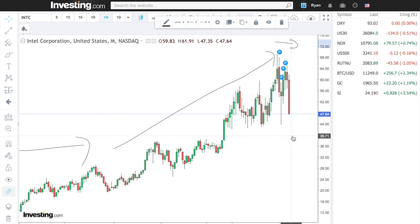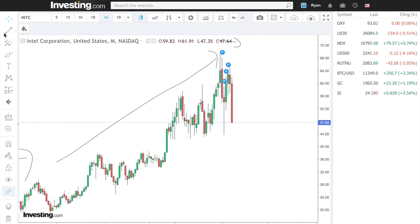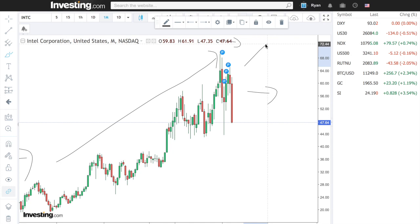Intel can do one of three things. It can go sideways, which is its current direction right now. It can continue to go up and make a second run. That's not the strangest of things. Or it could continue to go down like history tells it. But there's something interesting about